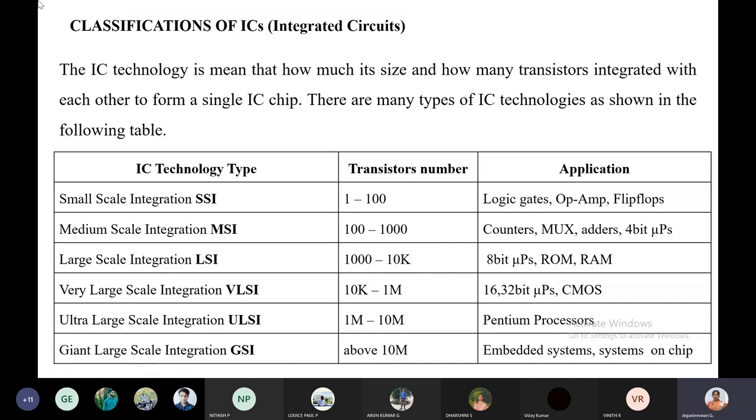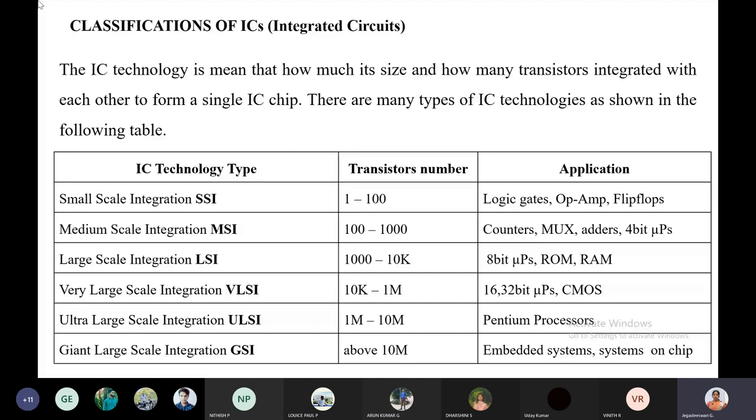Tomorrow I will show you what type of ICs are available. In the image, I'm just showing you the size of ICs. I'm telling you the IC is very, very small in size. It is not that big. They are very small ICs, and inside them they have fabricated this many components.